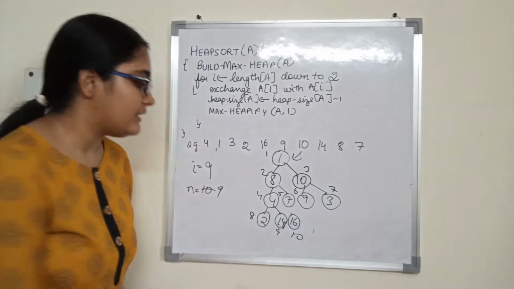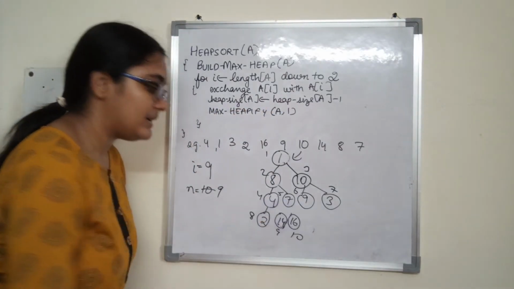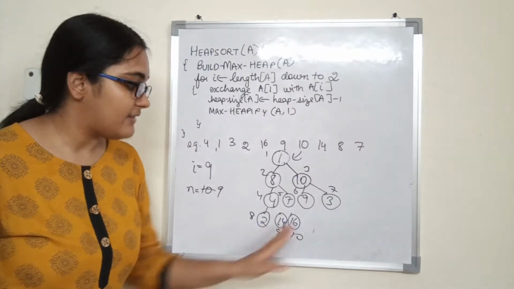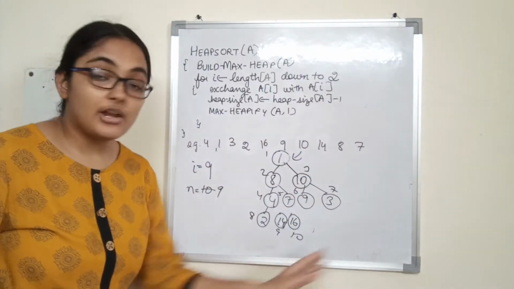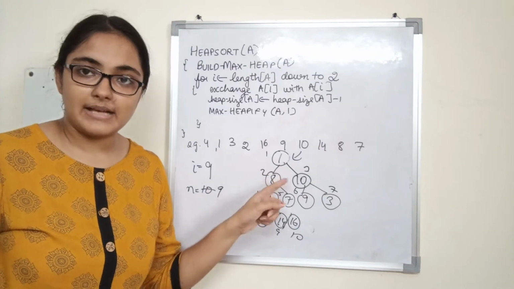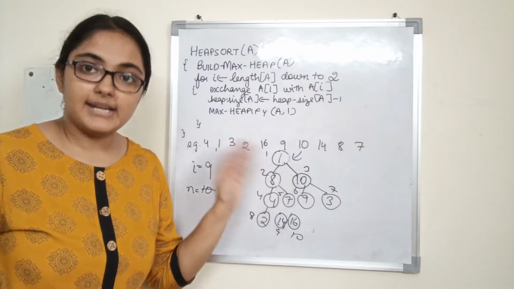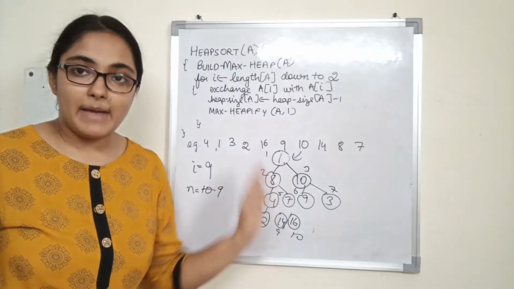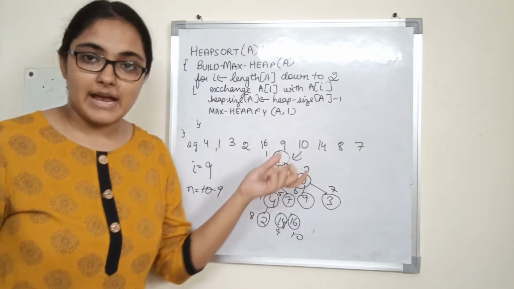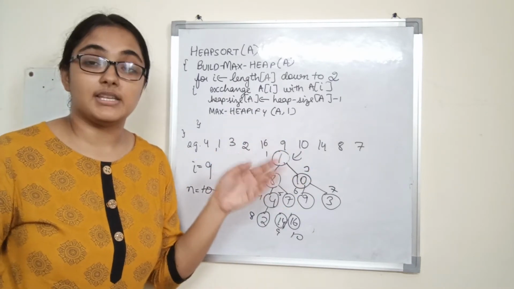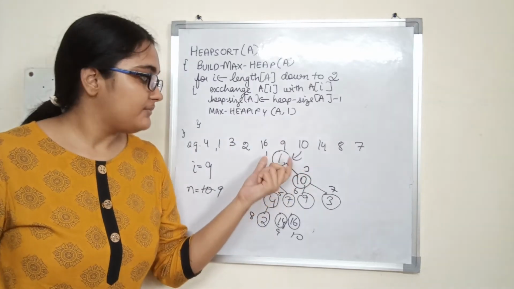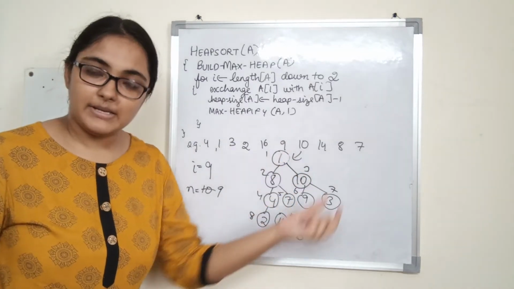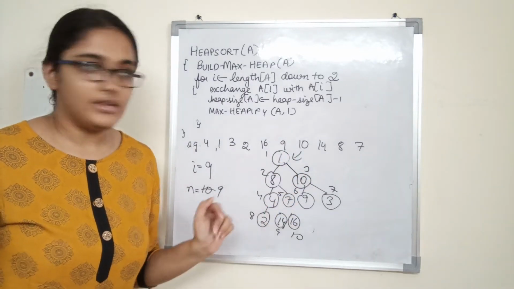Now what we will do? We will reduce the heap size. Now this element is out of consideration. That is, we have reduced the heap size. Now we will find out the third largest element by calling the max CP5 on the root, alright. Now we will again convert it into a max heap, and when it converts into the max heap, the largest element will be present at the root, and then we will find out the third largest element and place it at the correct position, reduce the size of the heap, alright.